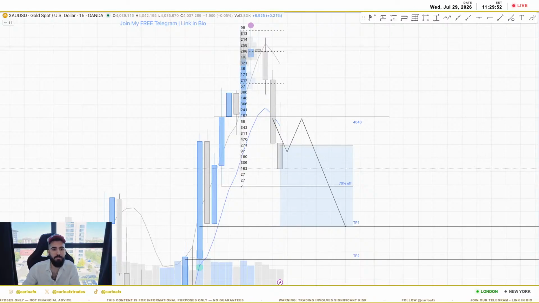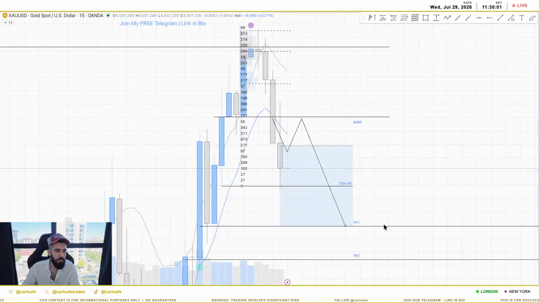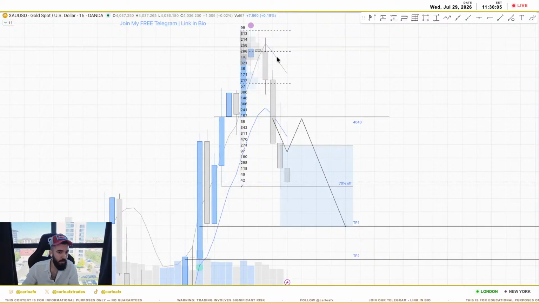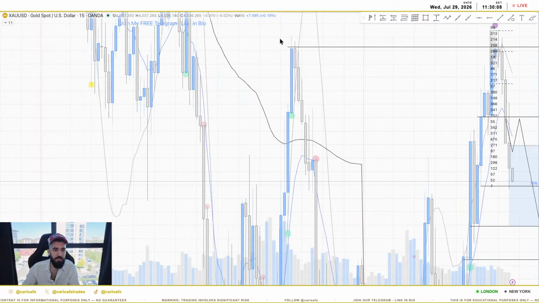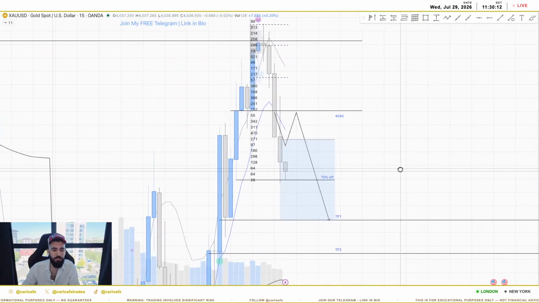Beautiful trade. I predicted everything this morning on the Telegram channel. I said everything on the Telegram channel this morning. I waited for these rejections from this resistance level, and look what a beautiful entry we took.